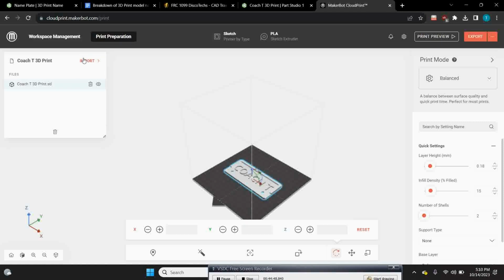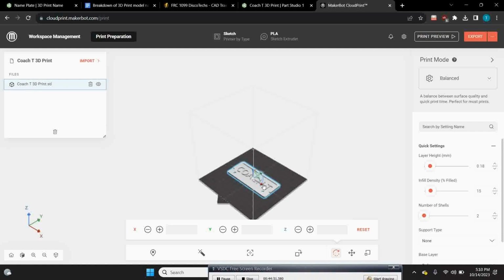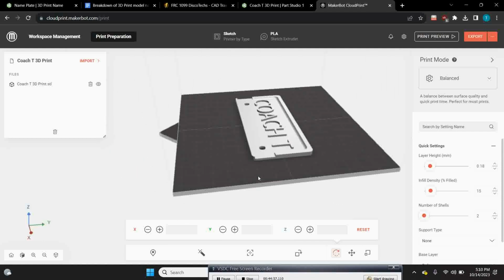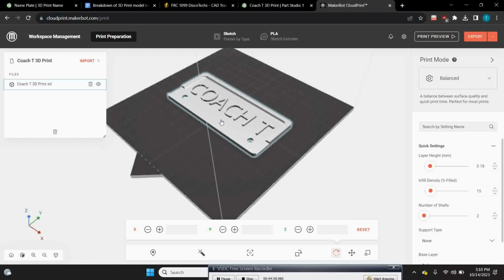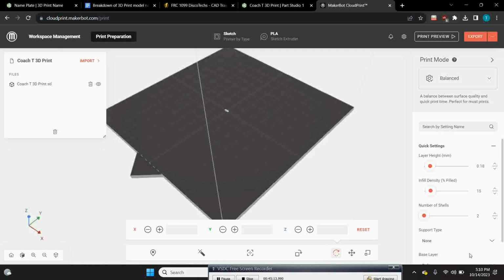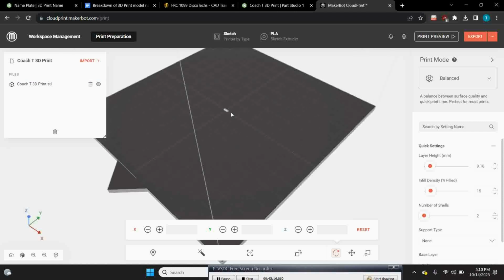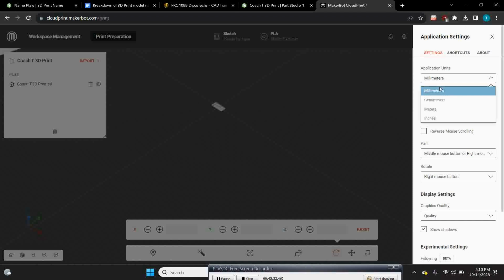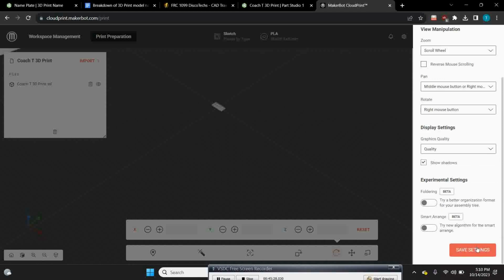Once you hit Import and select your file, it should import into your area here. Now notice this is what it should look like. If for some reason you get a very tiny gray blob in the middle, that probably means the units are off. You can go over here to Settings, and then you want to make sure it's in inches. And what I meant by that is if it was in millimeters, it would look like that. And that's obviously not the right scale. So if we go back here to Settings, change it to inches, and then go to Save Settings,